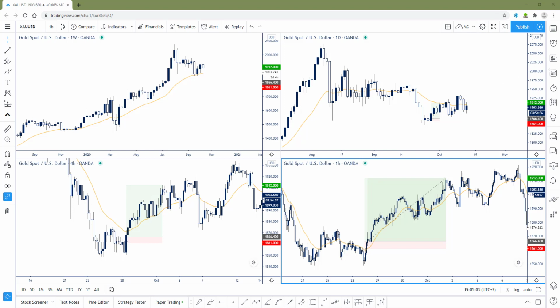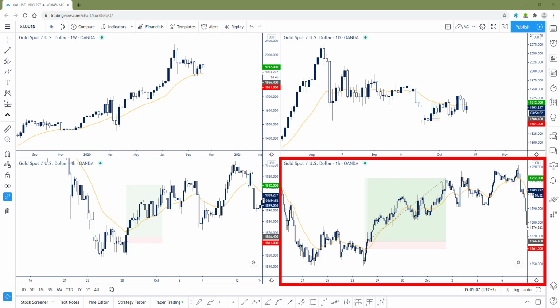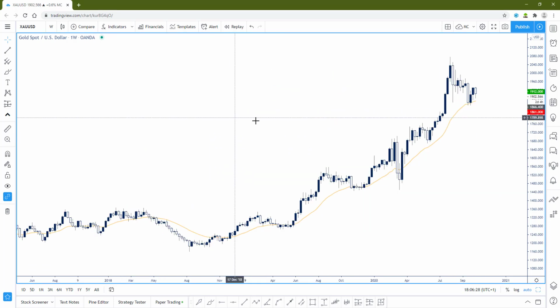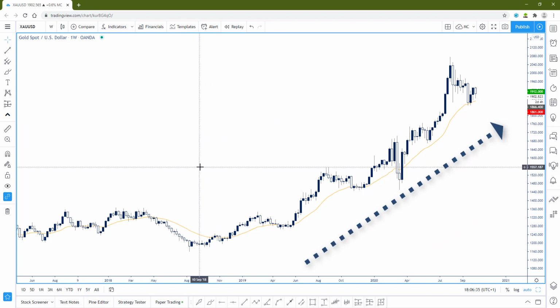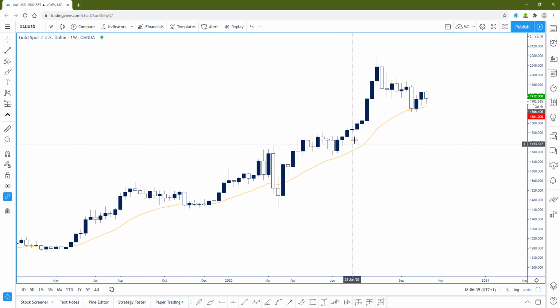On the screen in front of you, you can see that I have 4 time frames: the weekly, the daily, the 4-hour and the 1-hour chart. And to analyze this trade properly, we do primarily need the weekly, daily and 1-hour chart. And starting with the weekly here, we can see that gold is in a very strong bull trend that started mid-late 2018. And after this impulsive move higher here towards 2070,